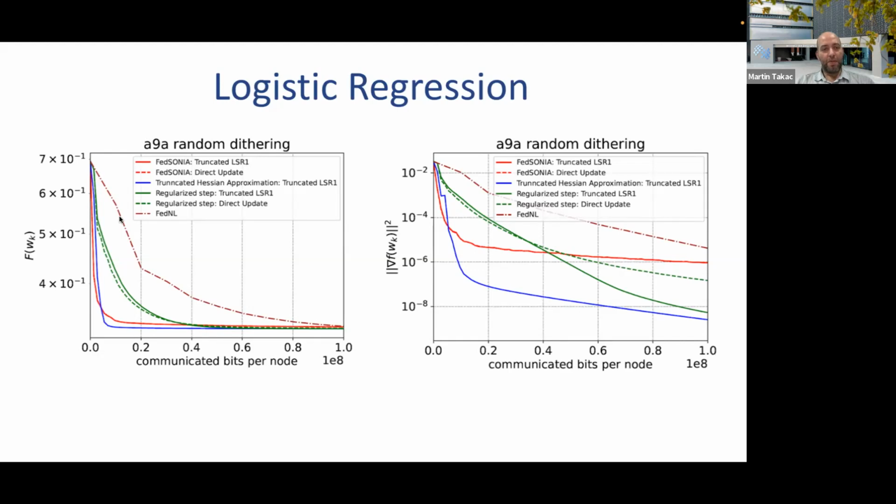You can see what we implemented here was really this FedNL, which is actually quite slow here. It's also slow because we started the FedNL estimates of the Hessians as really the true Hessians at the beginning. So therefore, basically, at the beginning, you need to suffer because we need to communicate the local Hessians to the server, okay? We somehow also compare with this blue line, this truncated Hessian approximation.